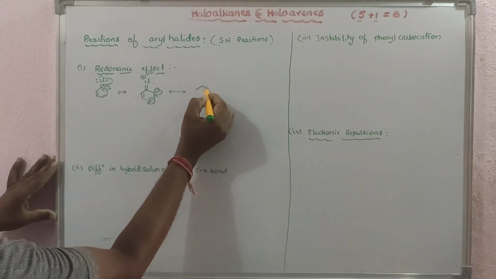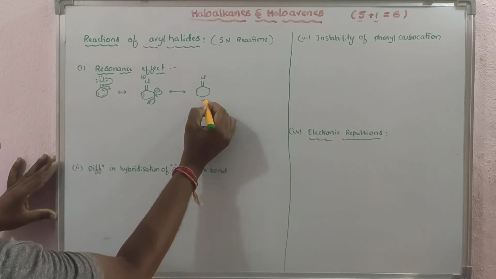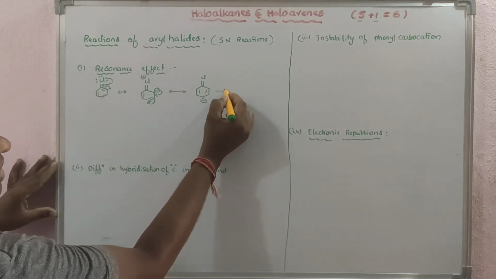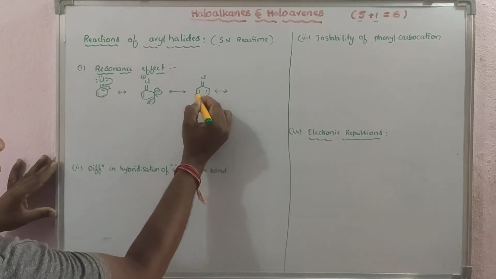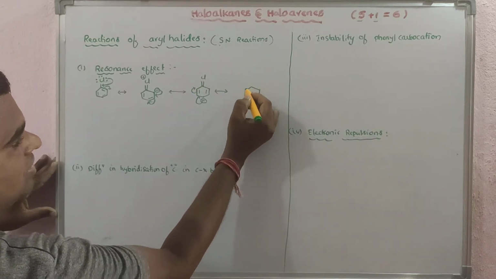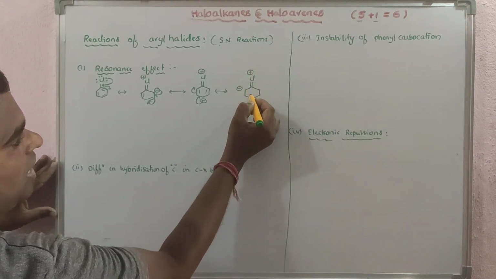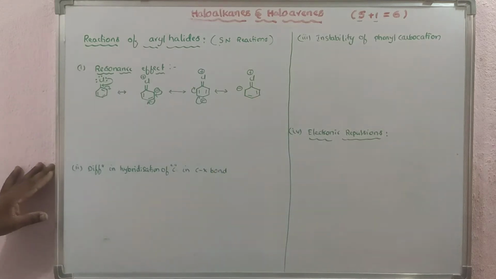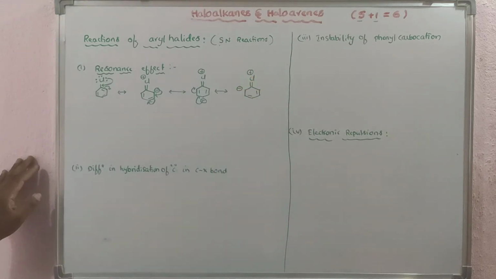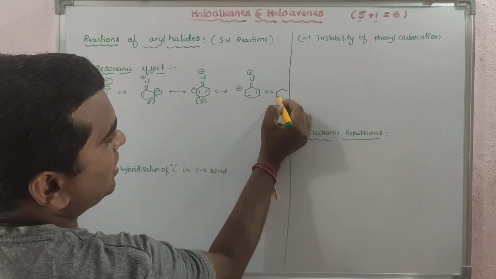Then what compound will you get here? You will get the compound with a double bond to the chlorine atom, and here there will be a negative charge and a double bond, again in conjugation. Then the bond electrons will come here, giving another resonance structure, with the negative charge here, a double bond, and chlorine with a positive charge. Next, this bond electrons will come here and these bond electrons will go towards the chlorine, and the chlorine positive charge will be neutralized.